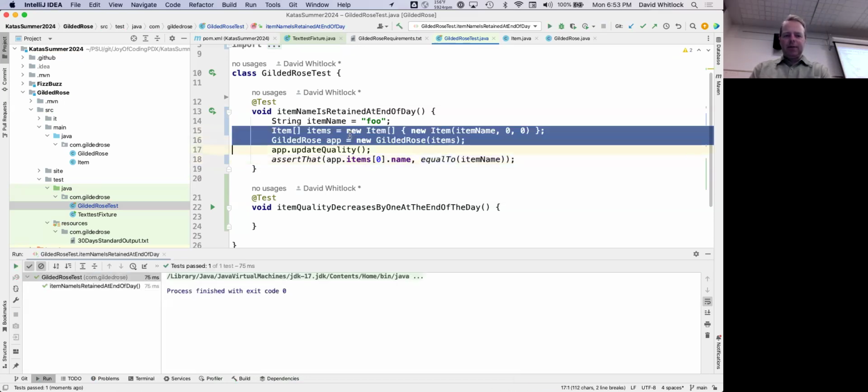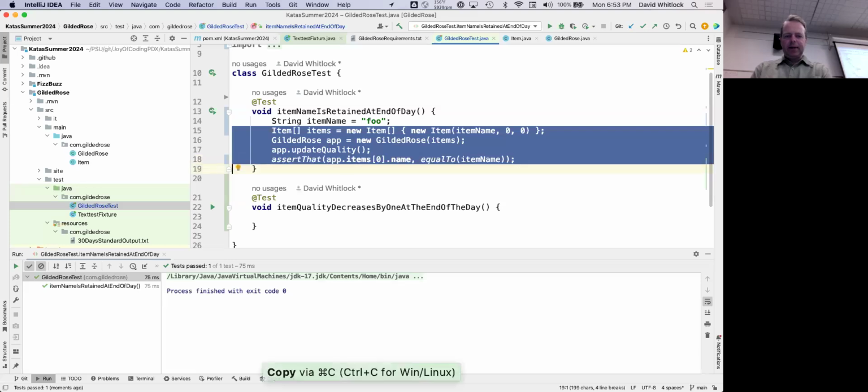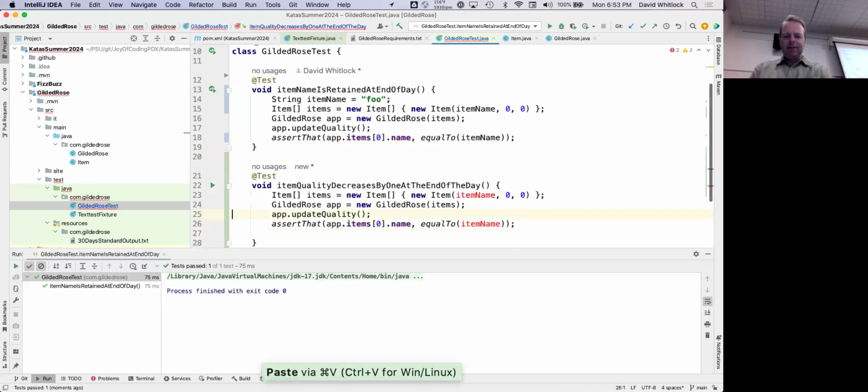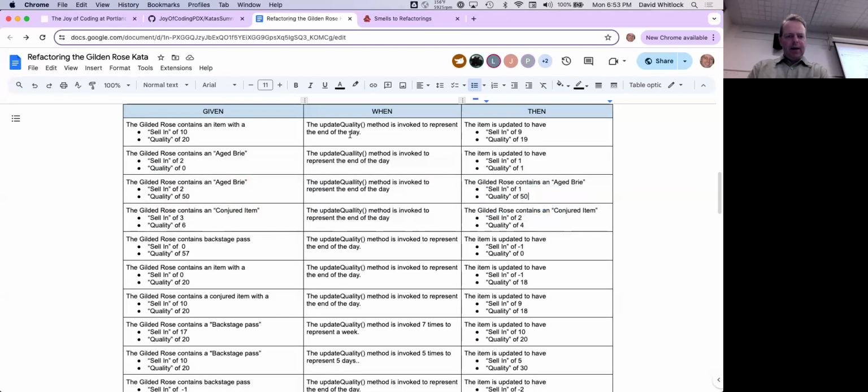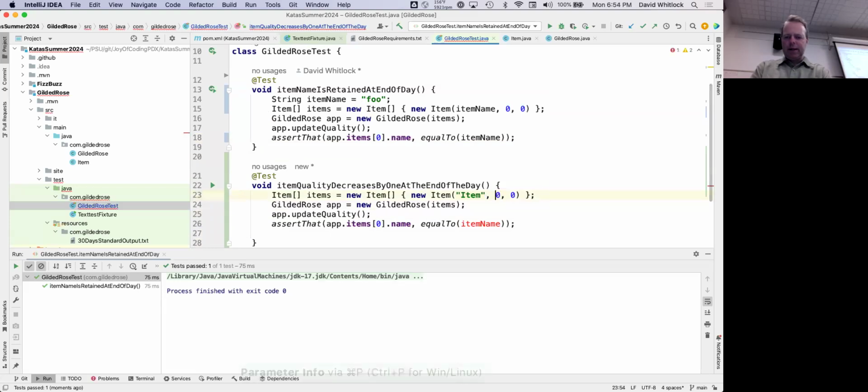I'm going to take all of this and use that as the basis for my test. Item name: I don't really care what the name of the item is, I don't think. Initially, the sell-in is 10 and the quality is 20.